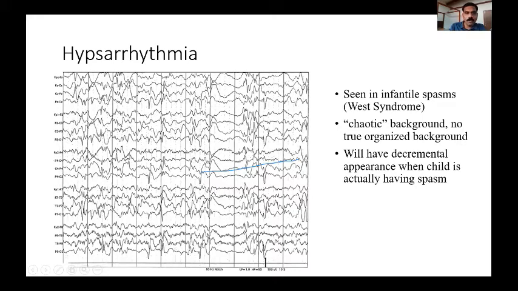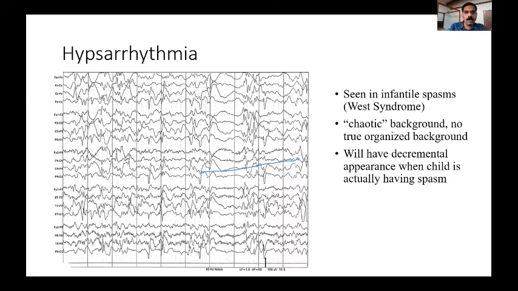Along with this chaotic background pattern, you find these spikes. You can see a spike coming from the left occipital region here, and there is one more spike here which does not resemble this spike. It has a different morphology. Then there are some activities in the central region, some in the frontal region. So you find bilateral spikes not in a particular pattern. When you get spikes in more than 3 regions, we call it multifocal epilepsy. Multifocal spikes on an irregular chaotic background are typical of hypsarrhythmia.